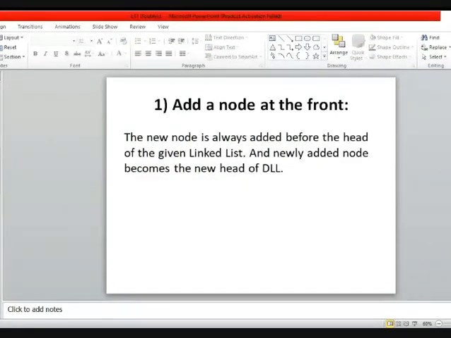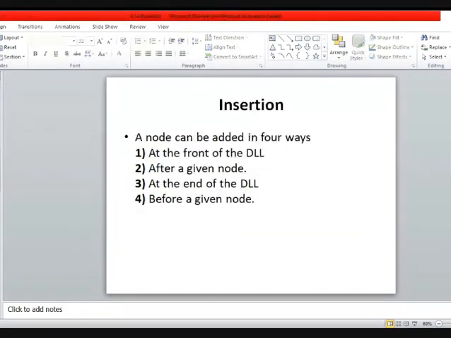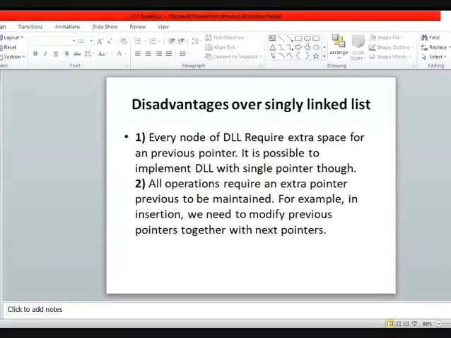Ma'am, how do we implement doubly linked list with a single pointer? Pardon? Ma'am, in the disadvantages it was written that it is possible to implement doubly linked list with a single pointer. So how will we implement that?